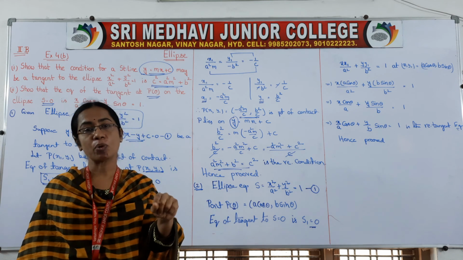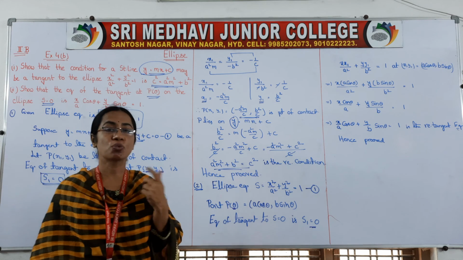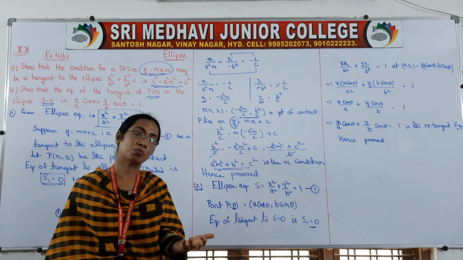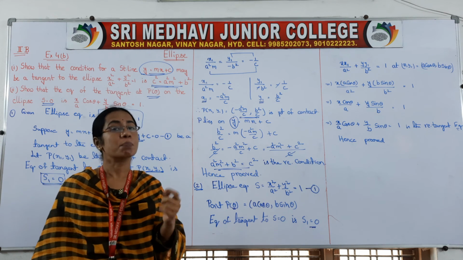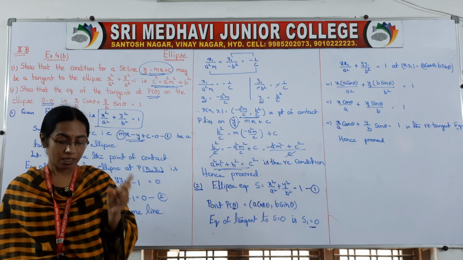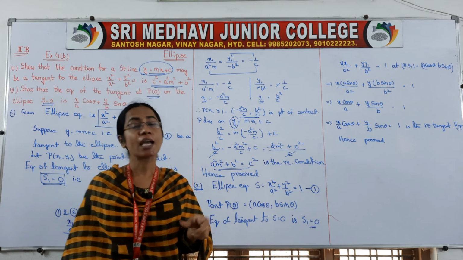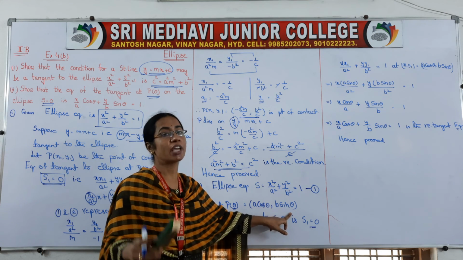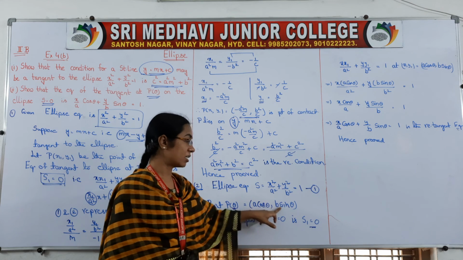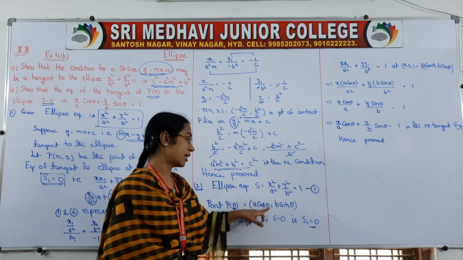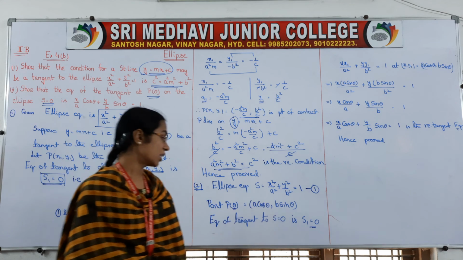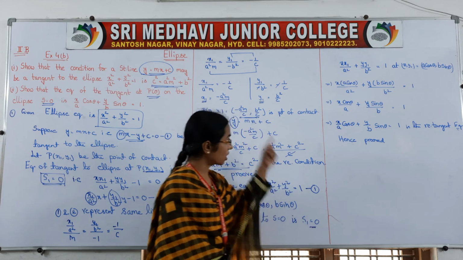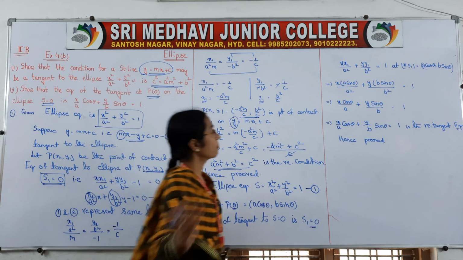The second problem is to find the equation of the tangent to the standard ellipse, but at the point P(theta), as mentioned. So we have to take points in terms of theta. How do we take points in terms of theta? It is a cos theta, b sin theta, which is again a formula, the values in parametric form of the ellipse. So it is a cos theta, b sin theta instead of x and y. We have to take the points in terms of theta, that is a cos theta, b sin theta. So the equation of the tangent to the ellipse S = 0 is S1 = 0, and S1 notation is that one.